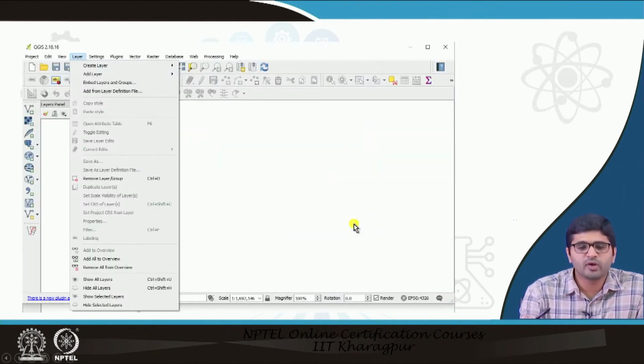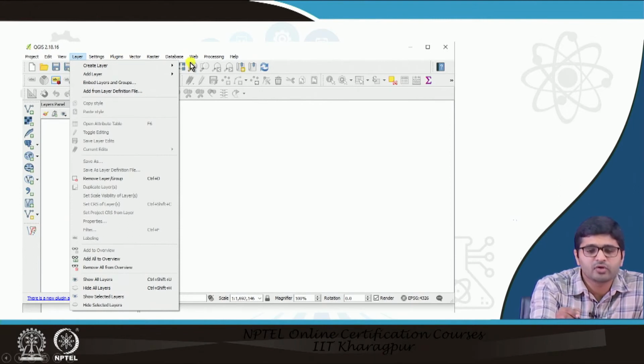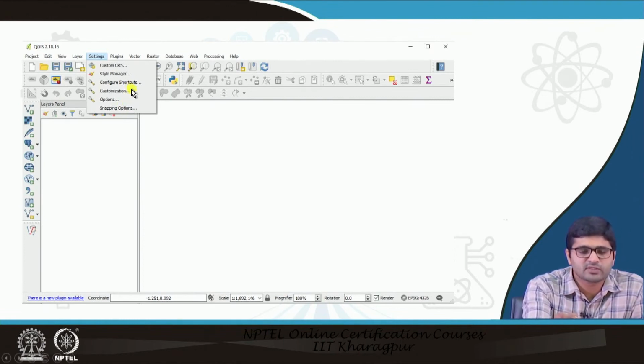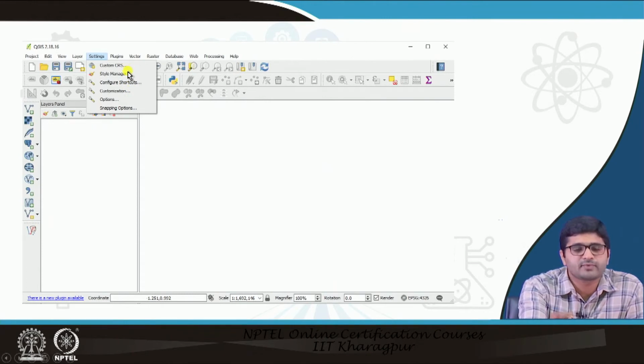So if you want to create a new layer or a shapefile, or add an existing layer which you have downloaded or received from somebody, you can use Create New Layer to create new shapefiles. You can add an existing layer using the Add Layer button, or you can connect existing databases, or here also you can switch on, switch off layers using the Layer button. So if you want to do settings, such as while you are editing the feature, you might want to turn the snapping option on or off, or if you want to customize the tool, or if you want to set the CRS of the maps, these kinds of settings can be done using the Settings button.